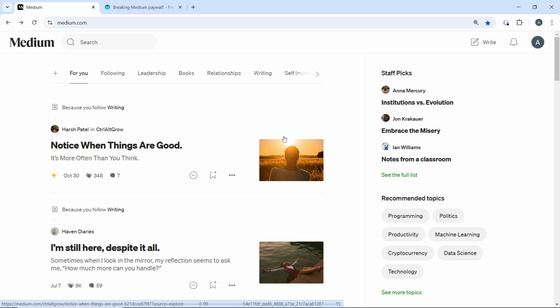First, you need to create high quality, valuable content. Focus on quality. So write well-researched, insightful, and engaging articles. Your content should offer value to readers, solve problems, or provide a fresh perspective. Also, consistency is key, so you need to publish regularly. Aim for at least one article a week to stay active and keep your readers engaged.